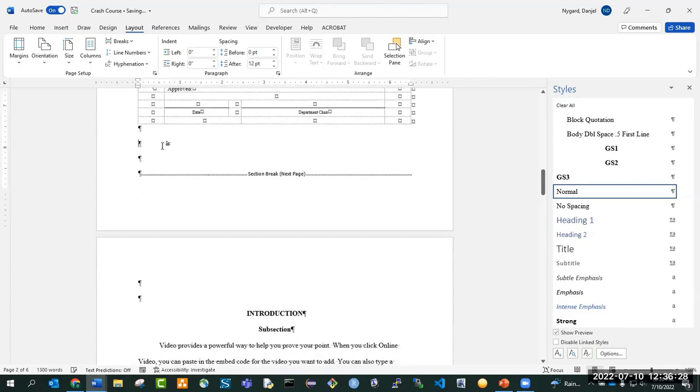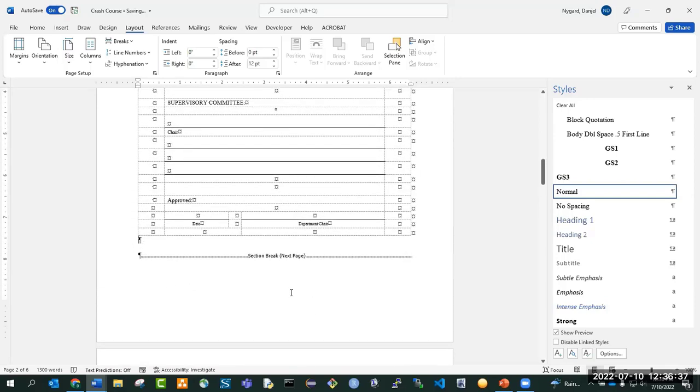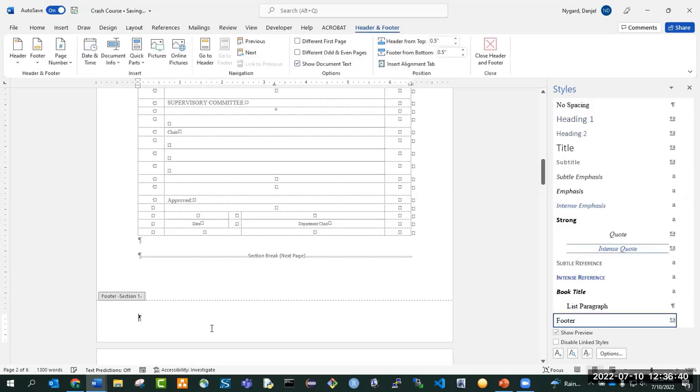Now, the section break does that as well. You can see that you can make changes up here, and it's not going to affect where this begins. But the section break is going to allow for the sections to be different. One of the things I should do